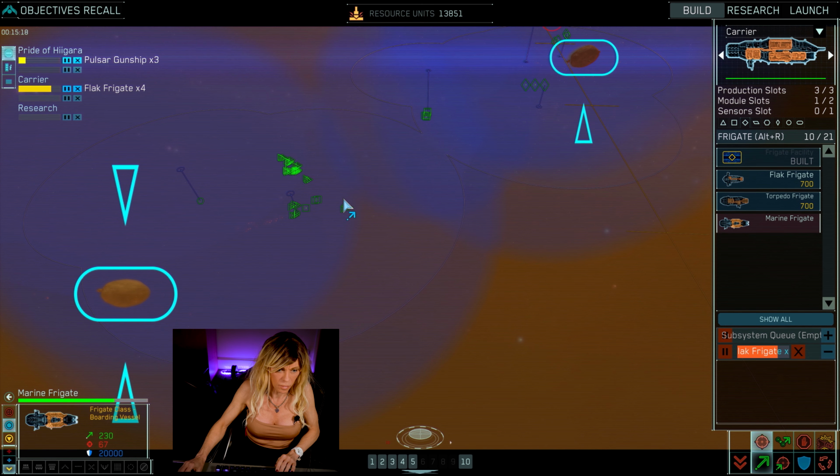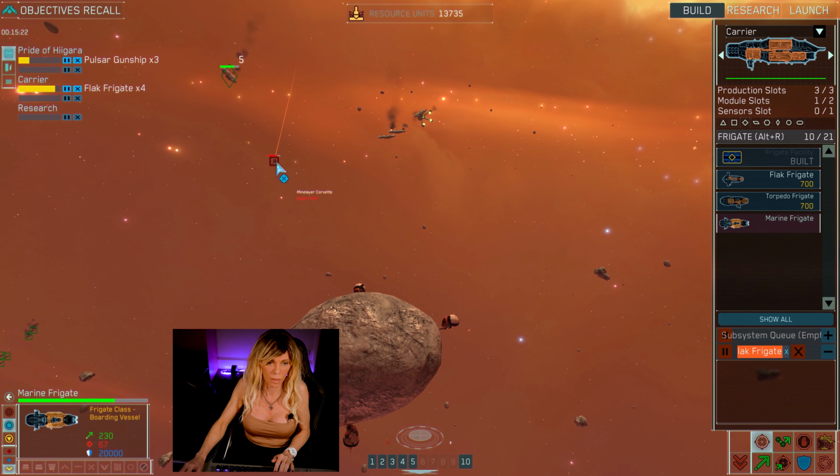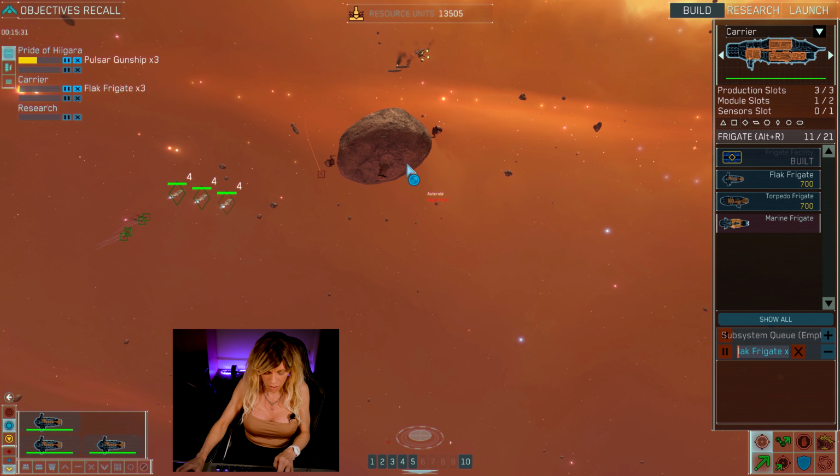Right, good. Okay, that's all looking a lot healthier now. This mine layer corvette's a pain. It needs to go. Right, let's just send all our guys onto him. Okay, so what we're going to do now is